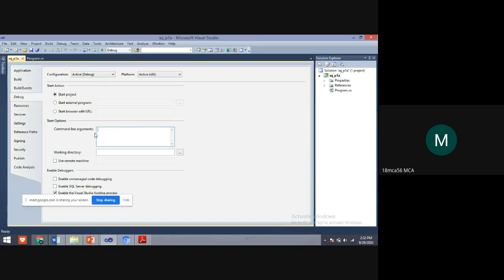I have a text box here. What is this text box? This is a place where you can give command line arguments. This program is to find the square root of a given number. So I give 6. Now this should display the output, the square root of 6. What is the square root of 6, students? 2 point something. How much will we get? 2 point something, no?